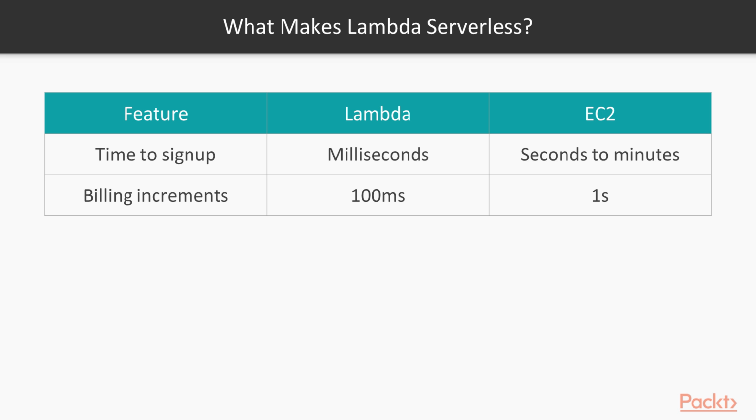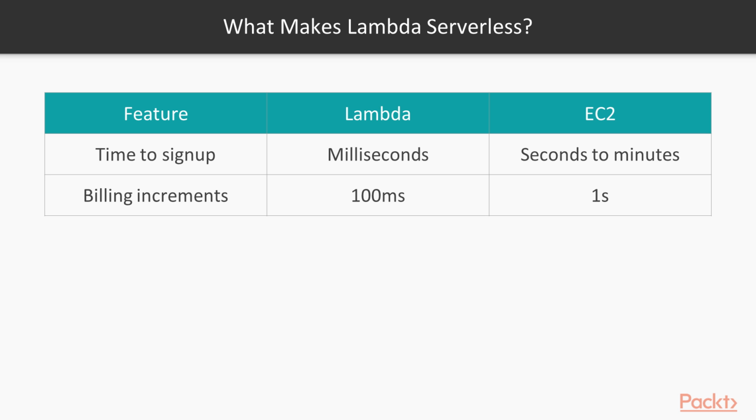So, the cost, if you are out of the free tier, maybe it's just free for you, and for this course, it probably is. It's just based on the time and the amount of memory that you use. So, you are getting billed for exactly the compute power that you are actually using, rounded up to 100 milliseconds. EC2 bills by the second, and the cost depends on whether the instance was reserved, on demand, or spot